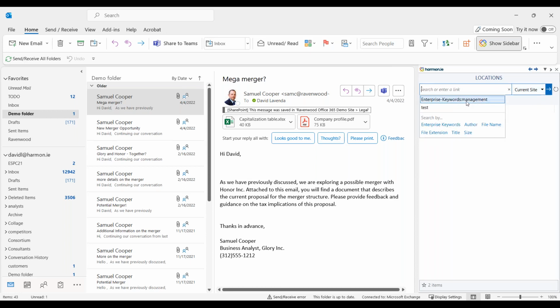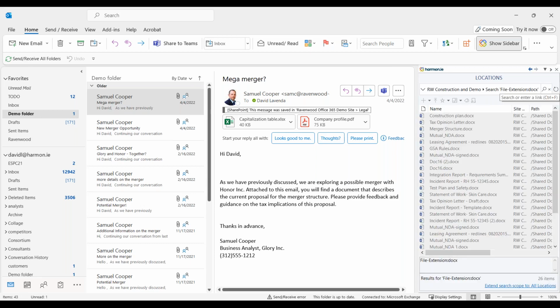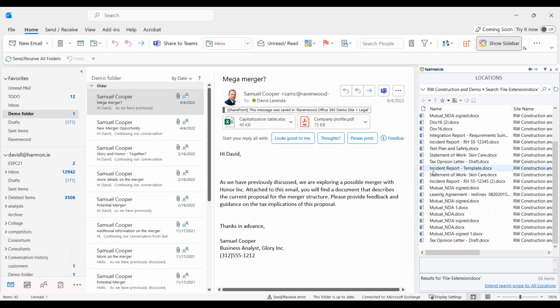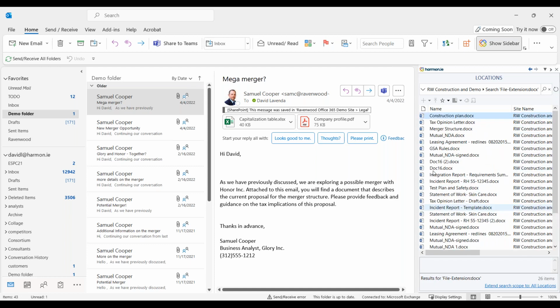By the way, these are all out of the box features. You can also search by author, file extensions. So sometimes maybe I'm looking for just the Word files, and I can get to those very quickly, same way. So the idea is search scope, filters, sorting, use of metadata. These are all very useful and also very practical ways to get to the information you need quickly for your